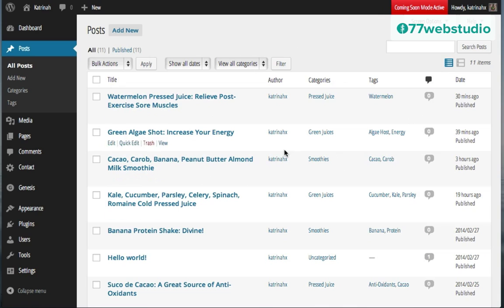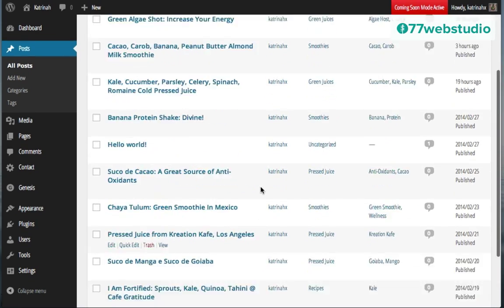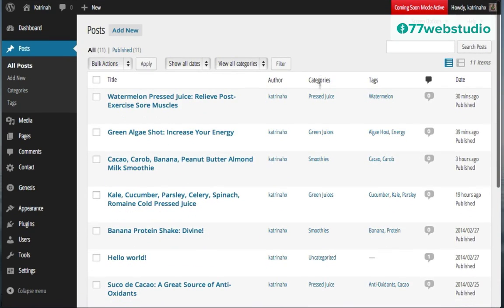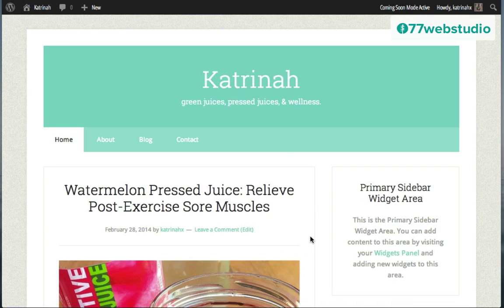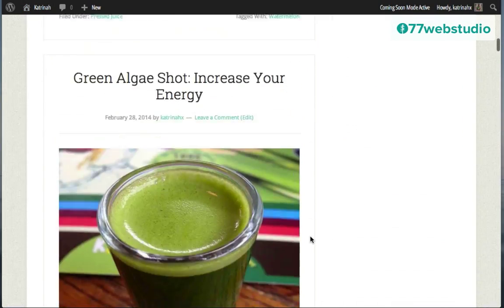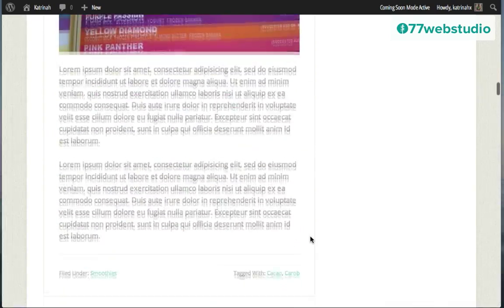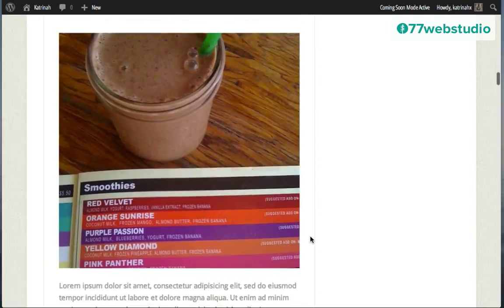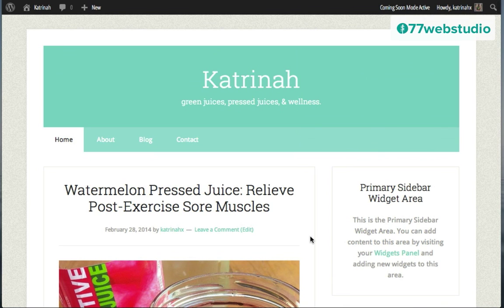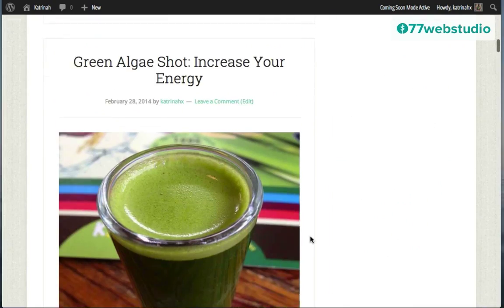Here on my All Posts page, we can see all the different blog posts that I've added to my WordPress website, as well as the categories and the tags. When I go to the website homepage by going up to the top toolbar, hovering over the website name and clicking on Visit Site, here we can see the homepage with all the different blog posts displayed one after the other vertically. Now, this is the default view of the Lifestyle Pro Genesis Child theme if you don't make any configuration settings to the homepage. You'll just have a blog post just like that.